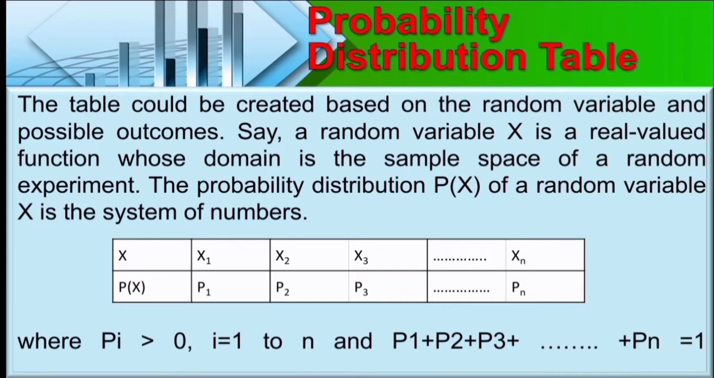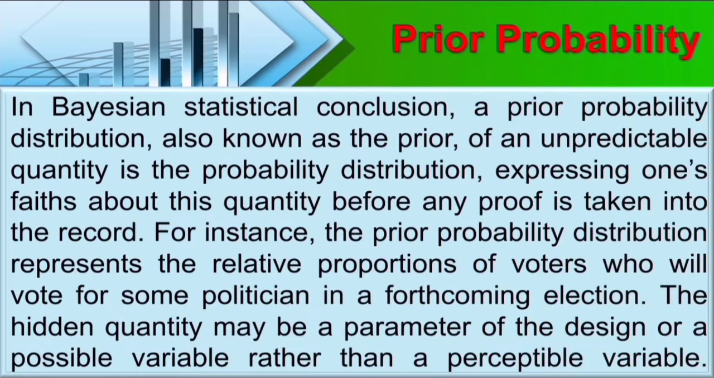Say a random variable X is a real valued function whose domain is the sample space of a random experiment. The probability distribution P of X of a random variable X is the system of numbers where Pi is greater than 0, i equals 1 to n, and P1 plus P2 plus P3 to Pn is equal to 1. Prior probability. In Bayesian statistical conclusion, a prior probability distribution, also known as the prior of an unpredictable quantity,